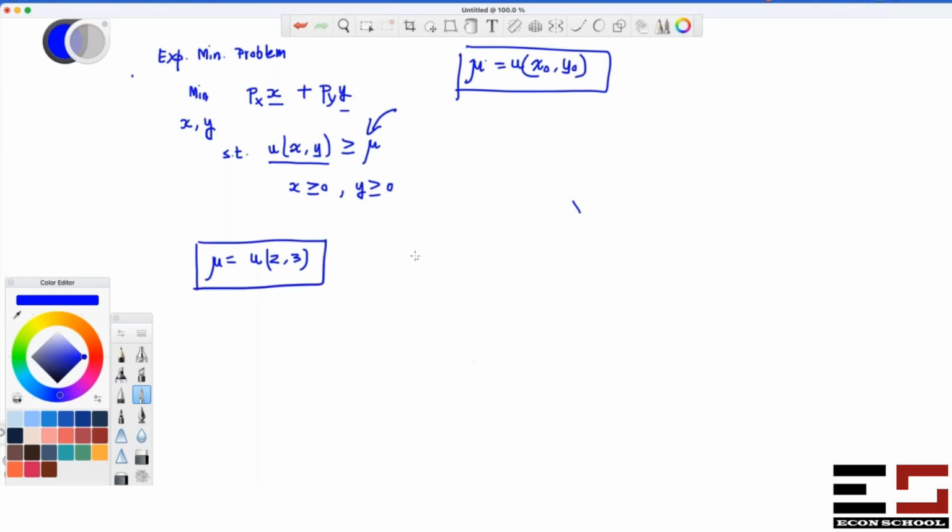Suppose the price of x is 1 and the price of y is also 1, and suppose the utility function of the consumer is this one, minimum